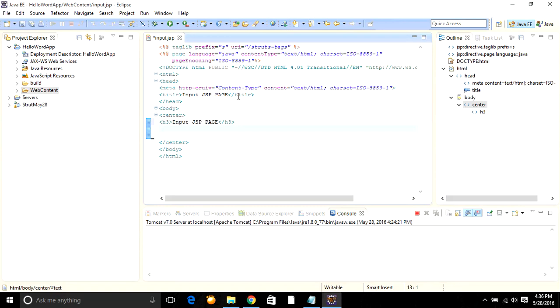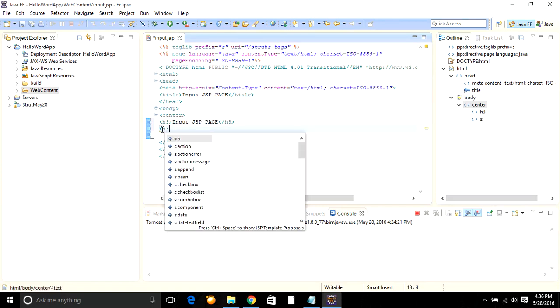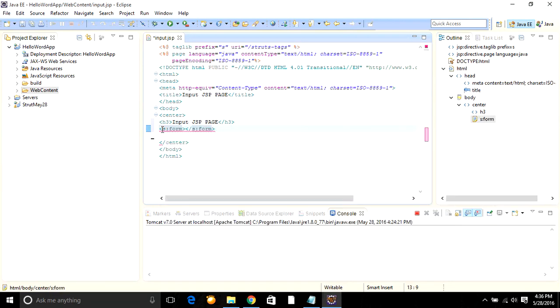one submit button. Here I have specified the prefix over here, so I'm going to include the form with the same prefix, that is s:form, and specify the two important attributes of the form, that is the action and method. I'm going to specify the action with the value that is demo and the type of the method. Here I'm going to use the post method,